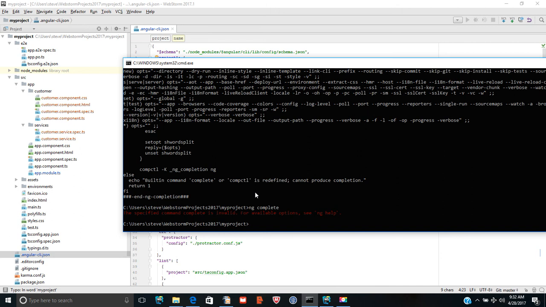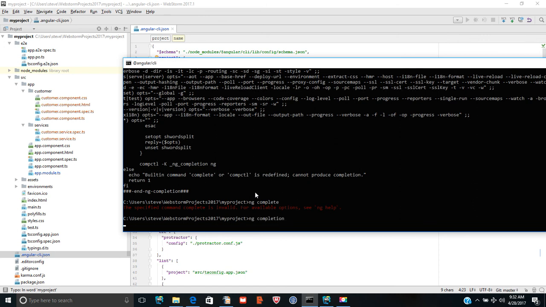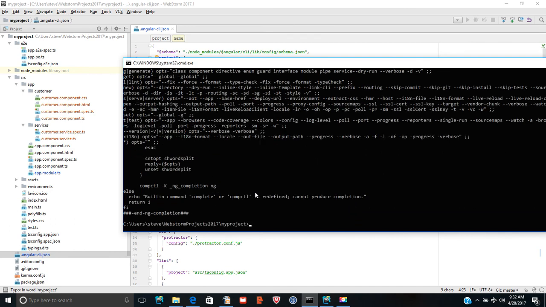Okay, yeah, so that's the thing I wanted to show you here, is that I was trying to do an autocomplete here, which didn't work for me. And I think the proper command was completion. And I expected it to do some sort of autocomplete, but